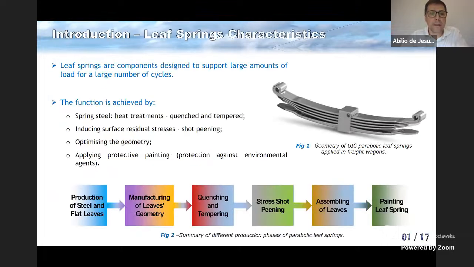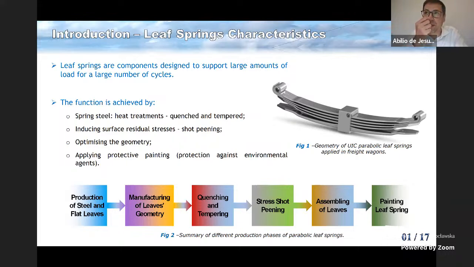So regarding the introduction, we are talking of the leaf springs, which are used or applied in freight wagons, those without bogies. So